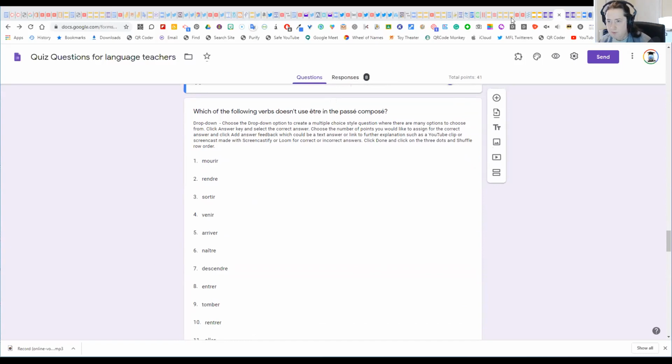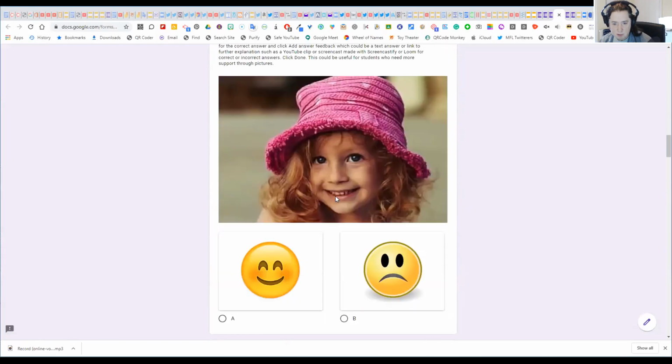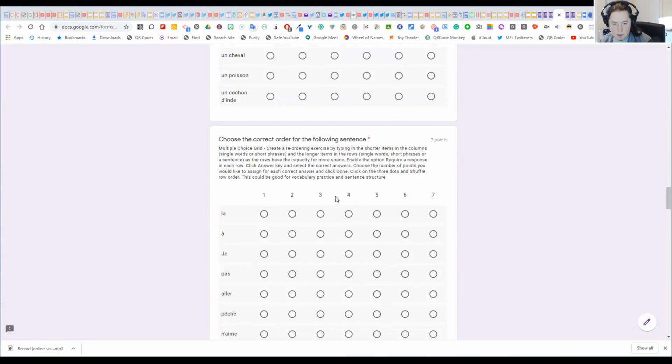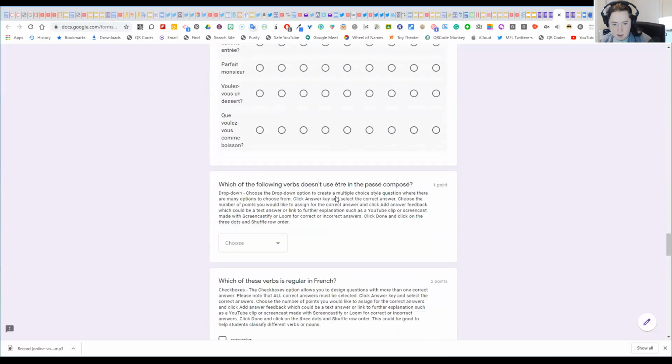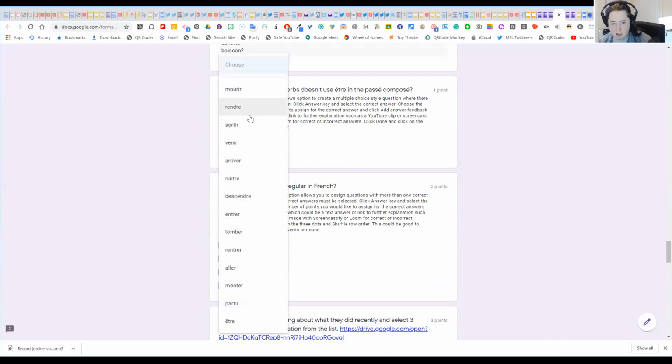And for this one, if I click on the preview option and I go further down, which is here, can you see? This is what it looks like. So if I click on here, then you've got all the different options for all the verbs which take the être verb